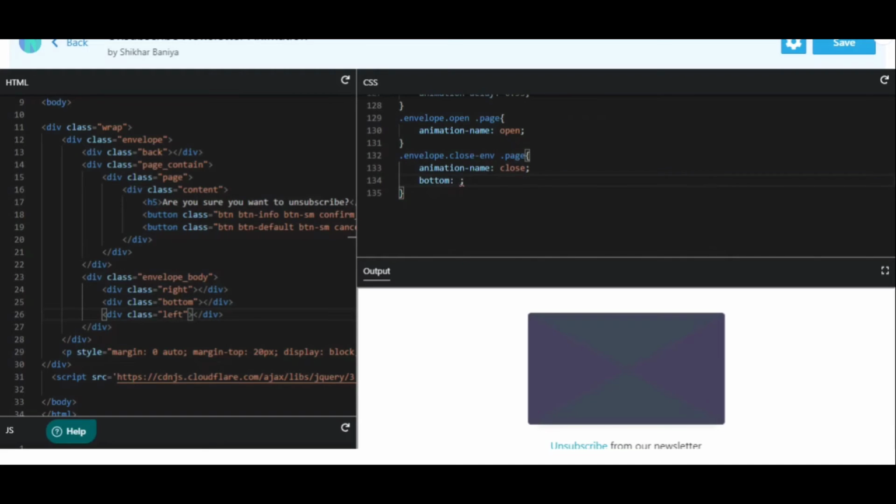So let's say bottom will be 15 pixel, z index will be 4, and transform will be rotate x 0 degree. Okay,